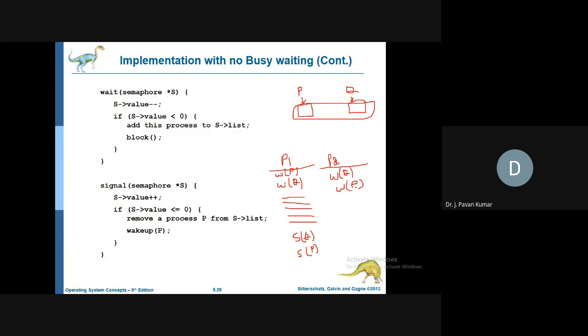If it is greater than 0, then the P value will be decremented and it will enter the critical section. So these are the operations. After that, it has to give signal of P and signal of Q. Is the flow clear? Yes, please respond now.